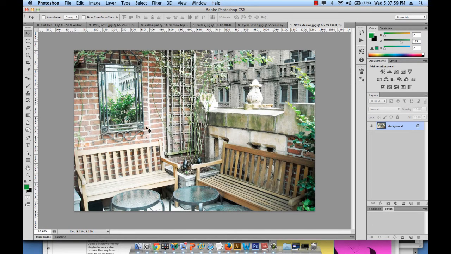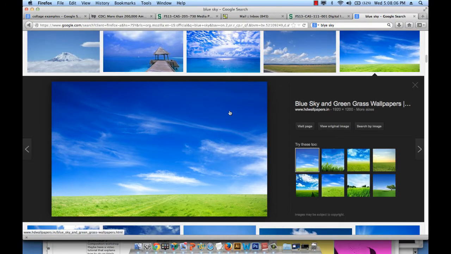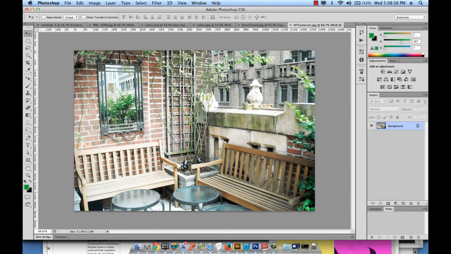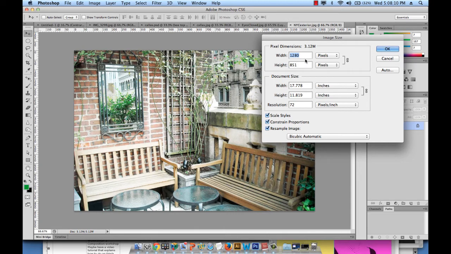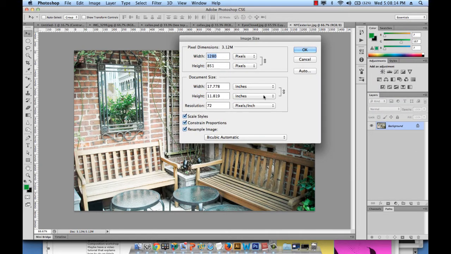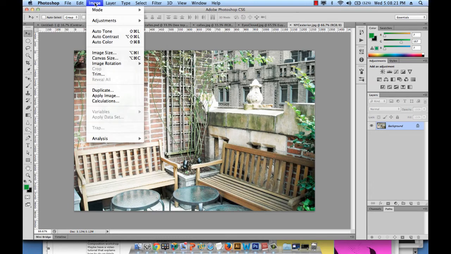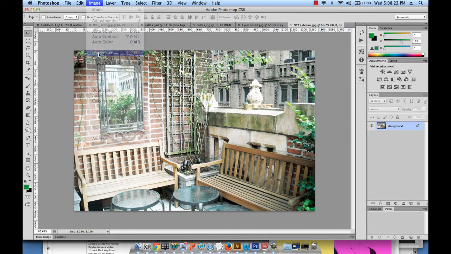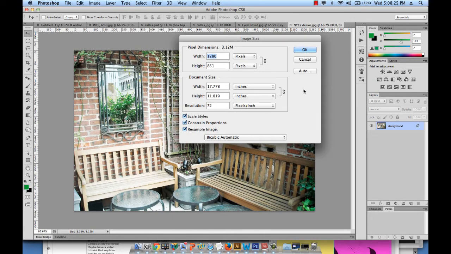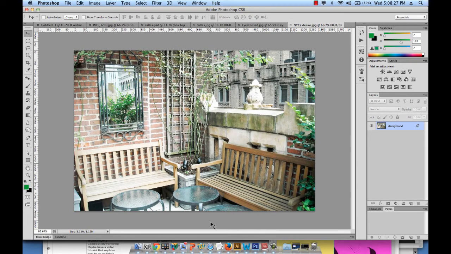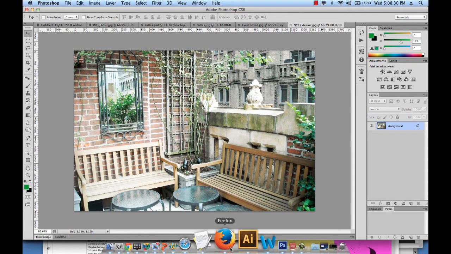Okay, so the first thing we need is the sky. So we can Google blue sky, find a nice picture, high resolution, obviously, because the image size of this image is 1280 by 851. I got to this window by holding down the Command Alt keys and then clicking on the letter I. We can also get to it by Image Size. So 1280 by 851 is a good image. We need a good resolution